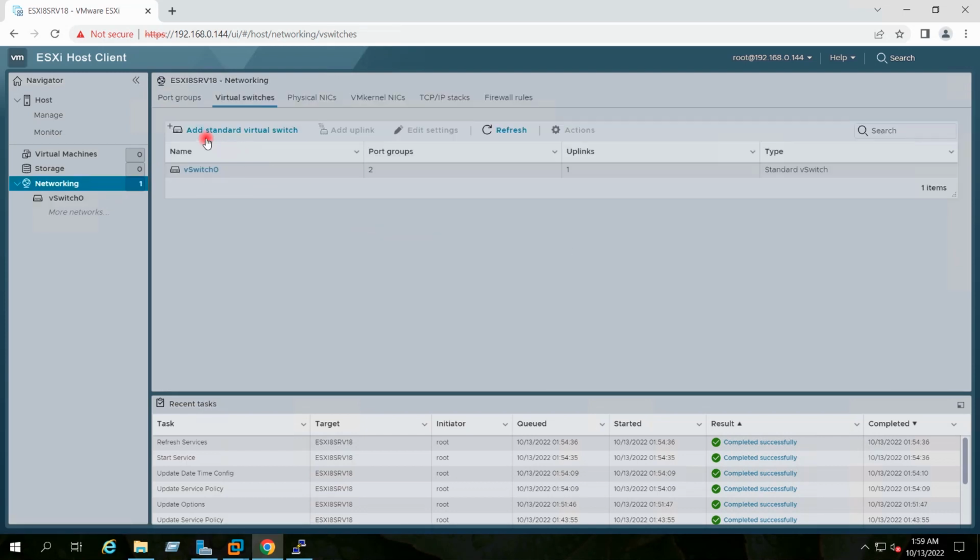I can also click on add standard virtual switch, create a new virtual switch and attach the uplinks to that virtual switch.